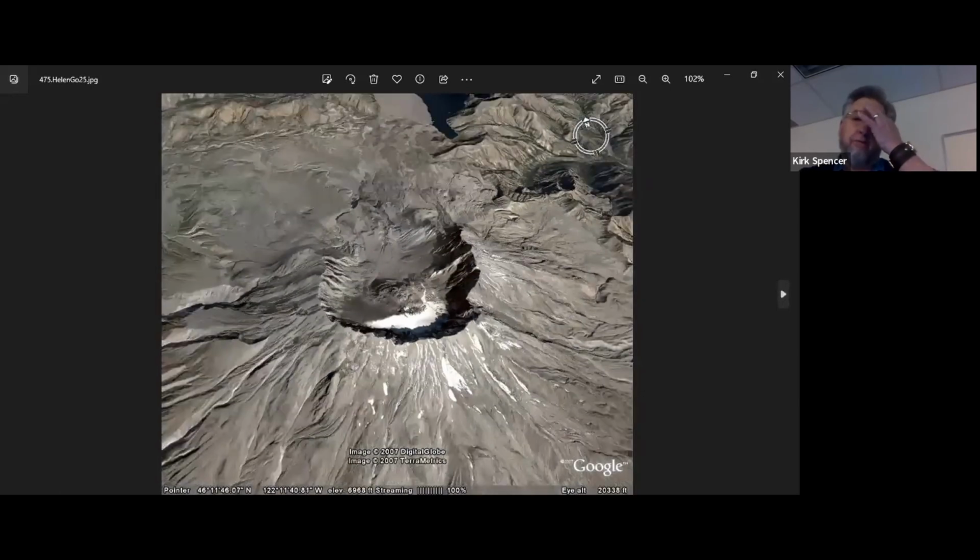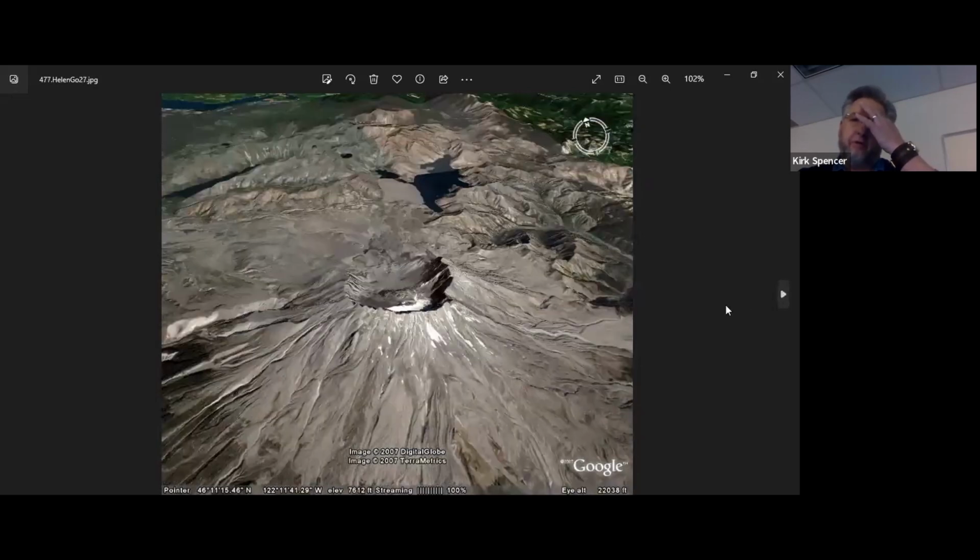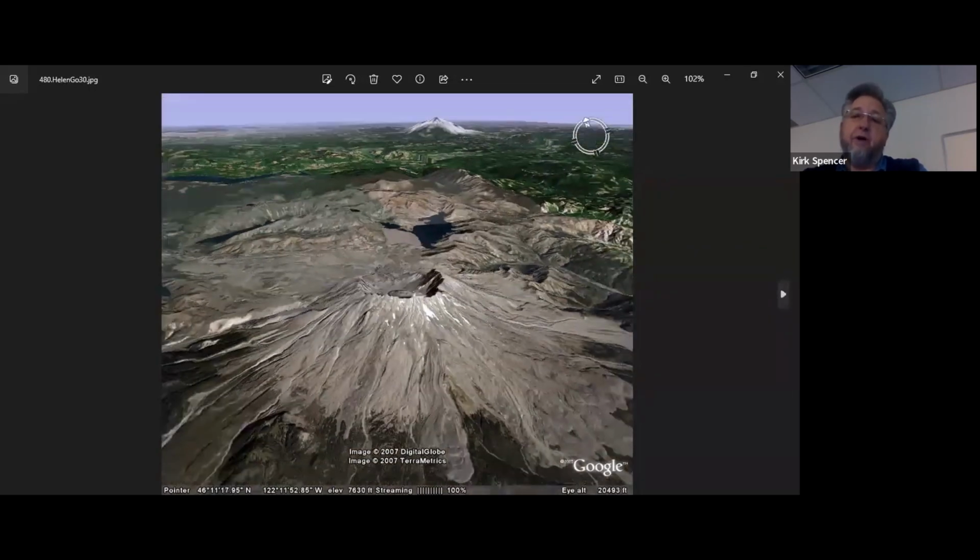If we look to the north, you can see the tremendous destruction that was created by the lateral blast. I think the evacuated area around the volcano before it erupted was 8 miles, something like that. And I think the destruction to the north was something like 13 to 15 miles. There's also a lake there, which is Spirit Lake. So the blast was directed almost directly at Spirit Lake. I think that may be Mount Hood